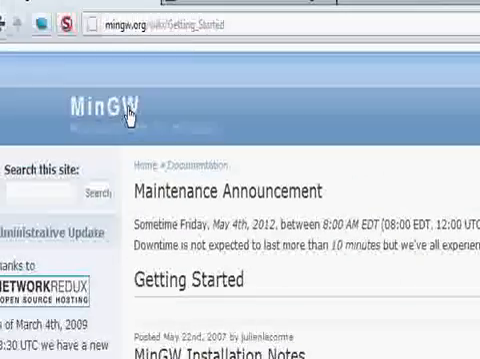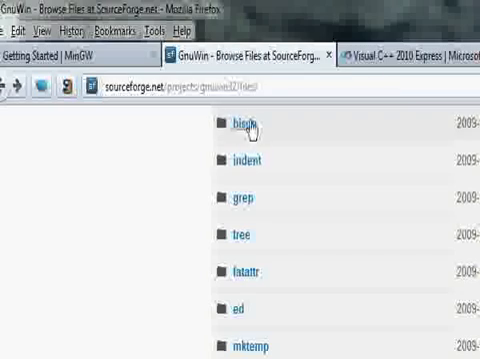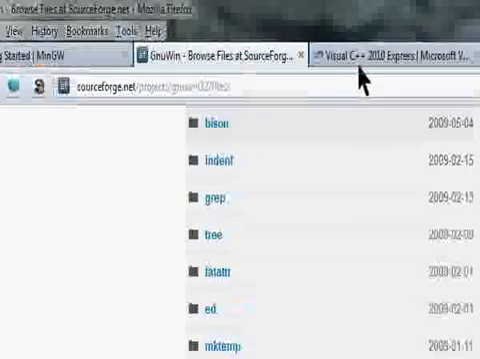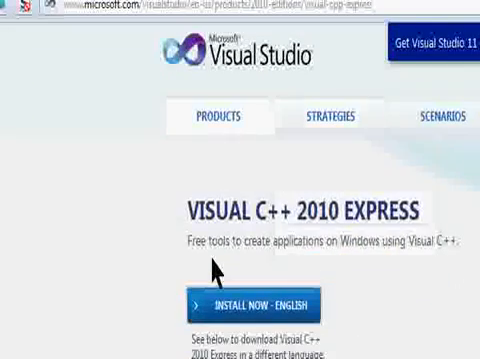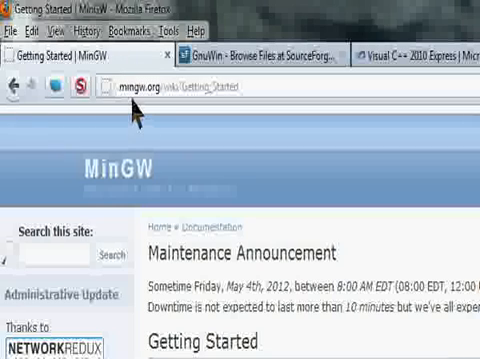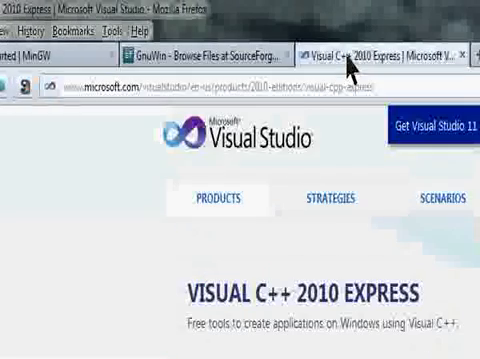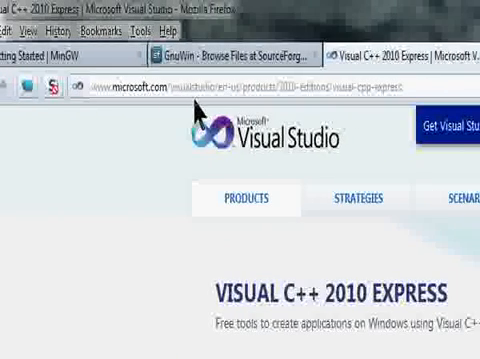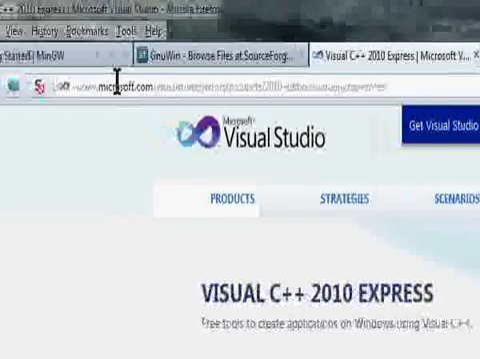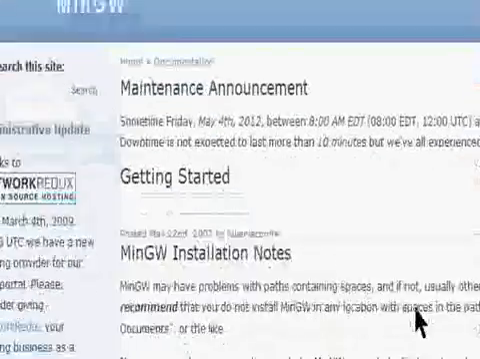They are MinGW, Bison, wget, and Visual C++ 2010 Express. You can get those tools from these websites: mingw.org/wiki/getting_started, sourceforge.net/project/GNUWin32/files, and microsoft.com/visualstudios/en-tac/products/2010-tac editions/visual-tac-cpp-tac-express. Now I'm going to go ahead and assume that you installed C++,